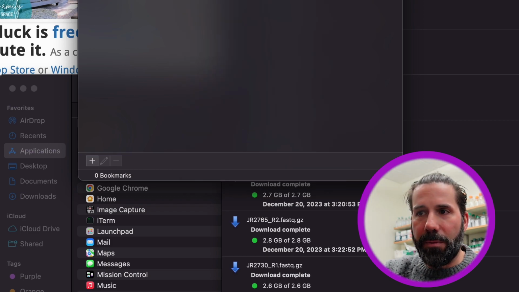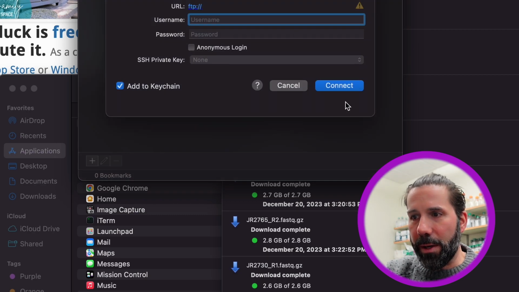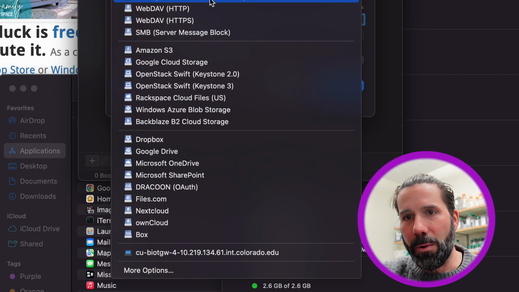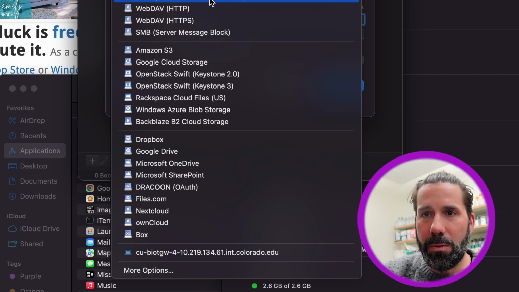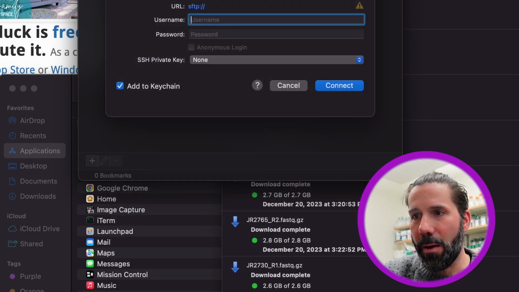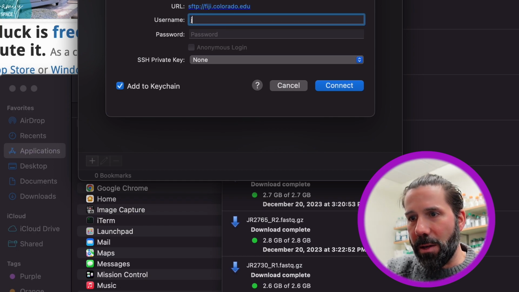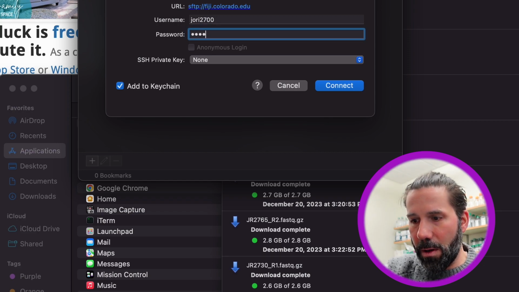And so what this first is going to need to do is we're going to need to open a connection here. And so we're going to open an SFTP, which is a secure way of communicating with the cloud. This is for the students in the CU Boulder class. What you would do here is we're using the server called vg.colorado.edu. My username and my password